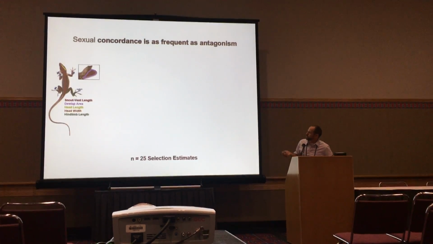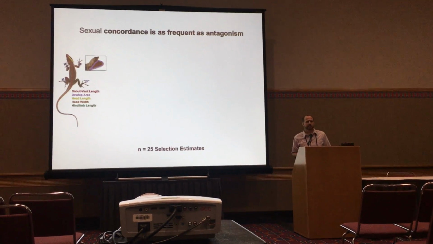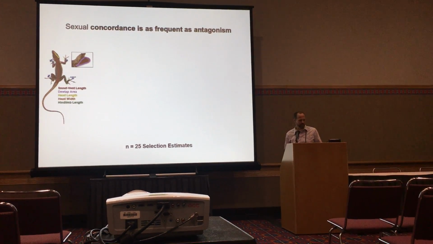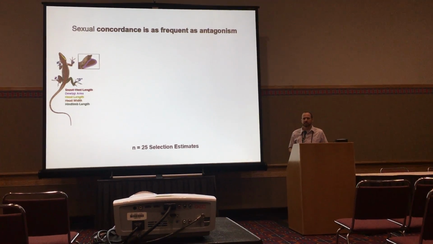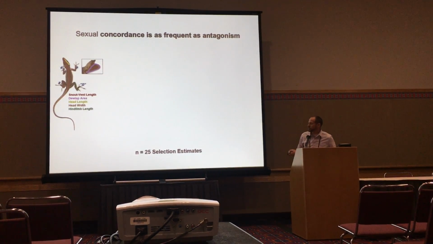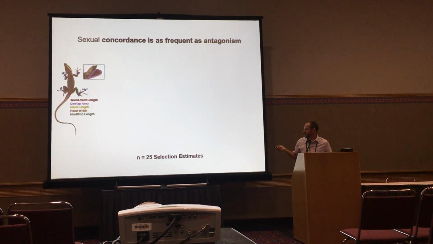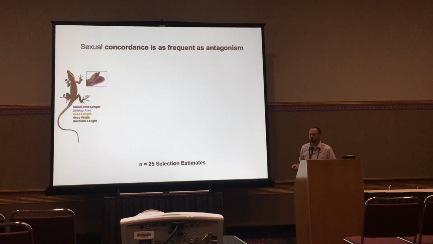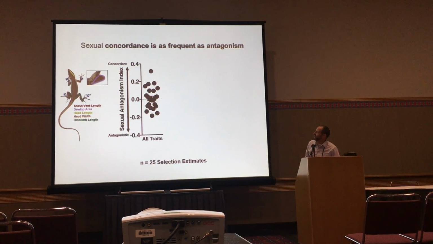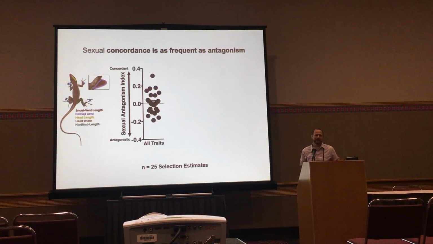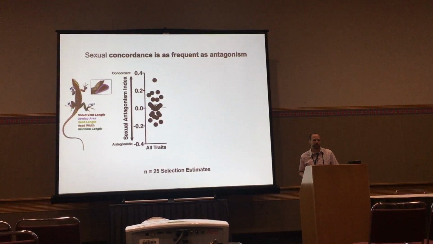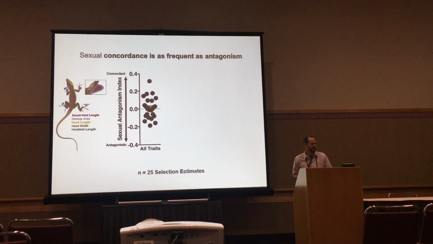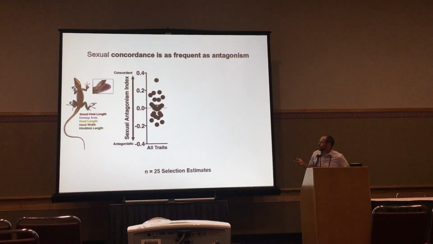So I also have data from all the other traits for adults, and this can't directly make a comparison between antagonism in the juvenile and the adult stage, but it can potentially tell us something about the frequency with which sexual antagonism occurs. So when I look at all 5 traits, and so this is 25 individual estimates of selection, 5 different traits over 5 intervals, what I see is that sexual concordance and sexual antagonism occur at just about the same frequency. You just get this spread of estimates centered around 0 on that antagonism index. When that